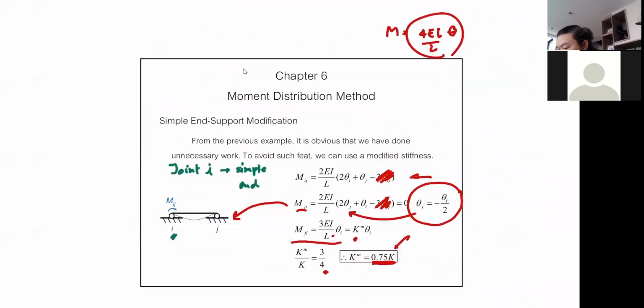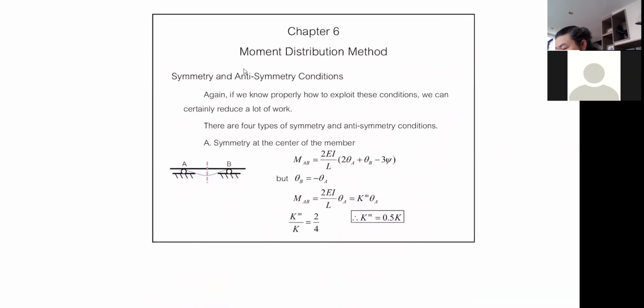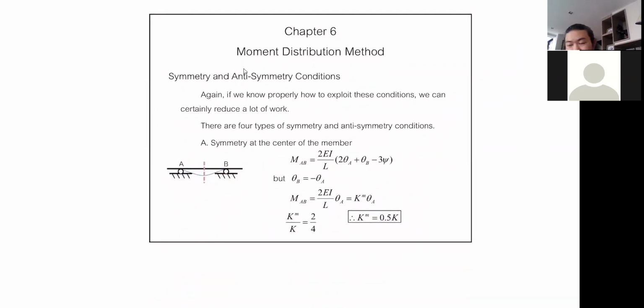So we have more modification. Of course, we cannot fail to talk about symmetry, right? Whenever we have symmetric conditions, we must always try to take advantage of that. And similarly, now there are 4 kinds of symmetry, okay? So that would be